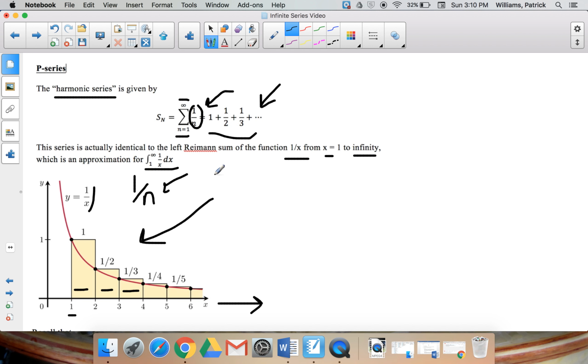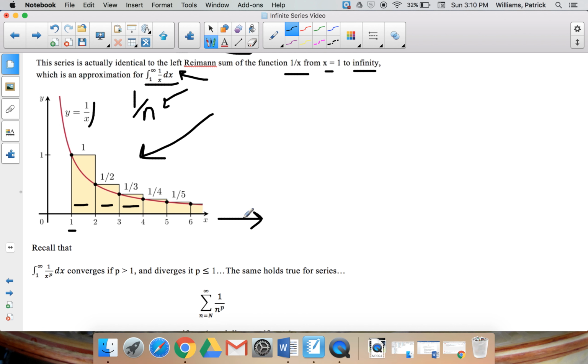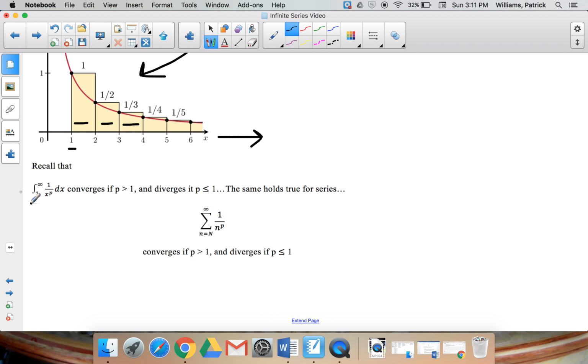It's not going to tell us the exact same thing, but what unique thing arises out of this? Well, remember that if we have an integral like this one right here, that's called an improper integral, and we actually had this cool rule that dealt with a very specific type of improper integrals. And that was that if we had an improper integral of this form, the integral from 1 to infinity of